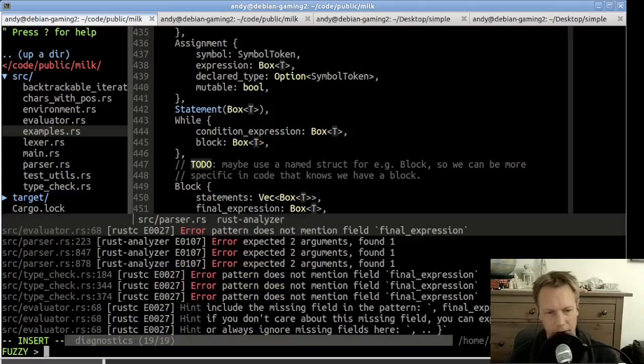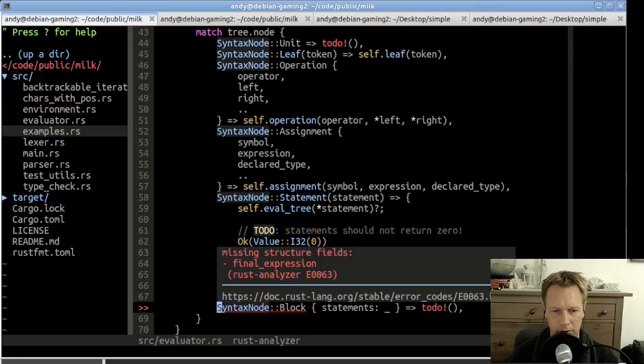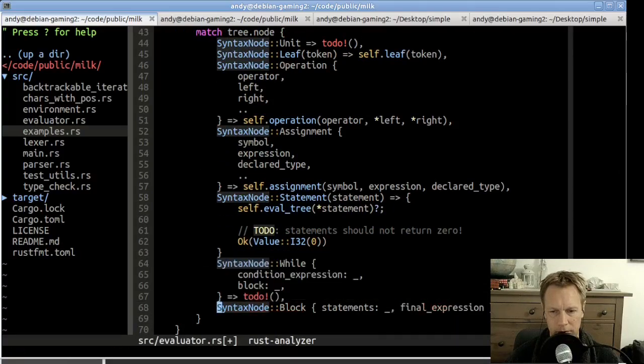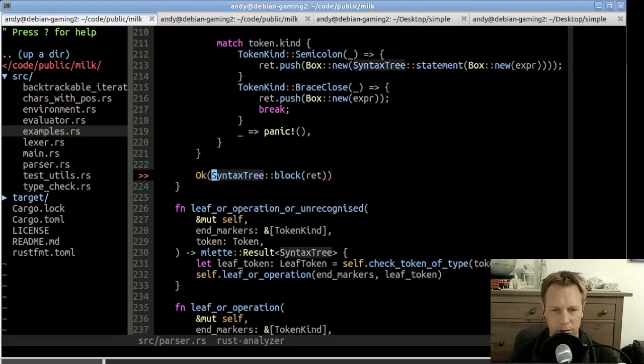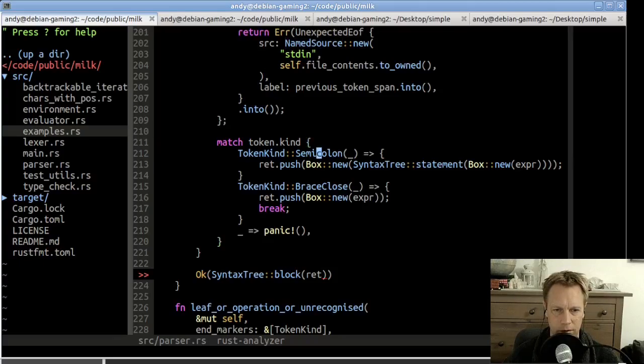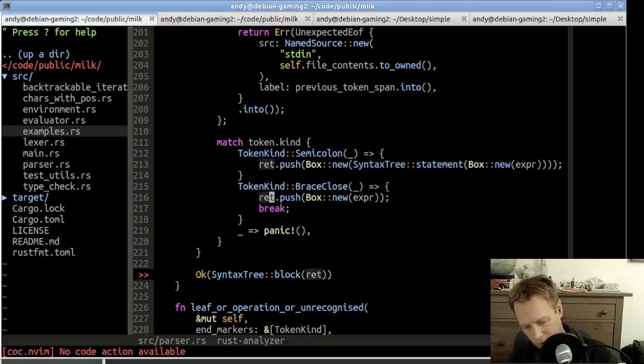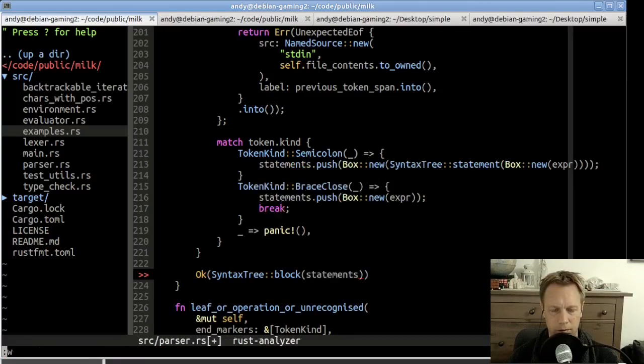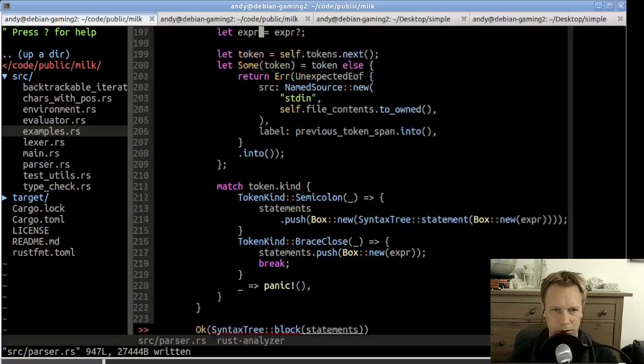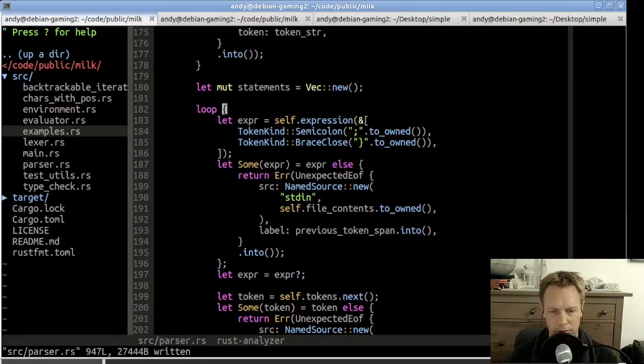And then there's a million compile errors, including this one, which is all just to do, so we don't have to actually implement anything yet. And this one takes in, all right, so how is this going to work? Basically, when we hit the closing brace, we no longer push this into our return value. Instead, we have this other thing. So let's rename ret to statements. And final expression is going to be somehow, it'll be weird. We need a function really to